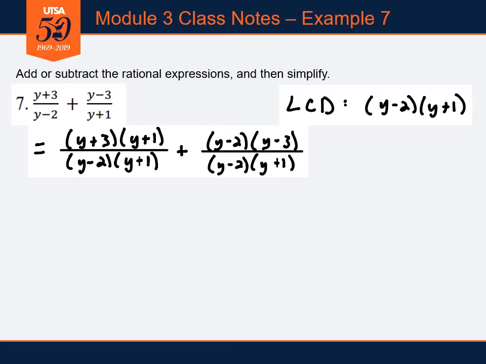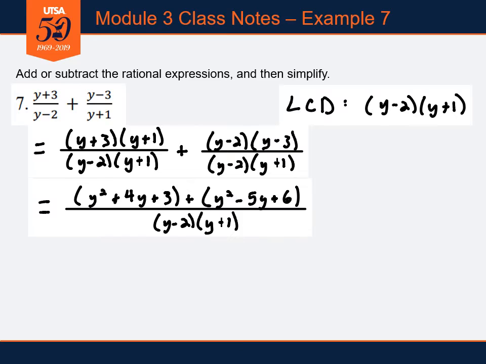In order to add fractions, we recognize now that both fractions have a common denominator, so we can add into a single fraction with that common denominator. Keep the LCD of y minus 2 times y plus 1, and I have to add the numerators. Since I'm adding the numerators, then I want to combine like terms. To combine like terms, I need to FOIL so that I can find like terms to combine. So I'm going to multiply y plus 3 times y plus 1 to get y squared plus 4y plus 3, and y minus 2 times y minus 3 to get y squared minus 5y plus 6,